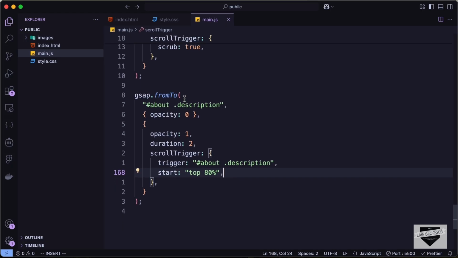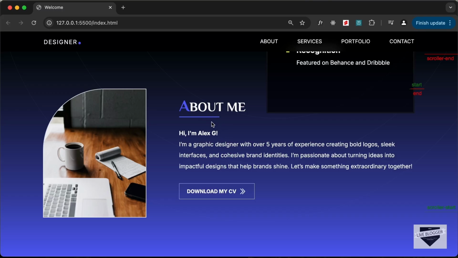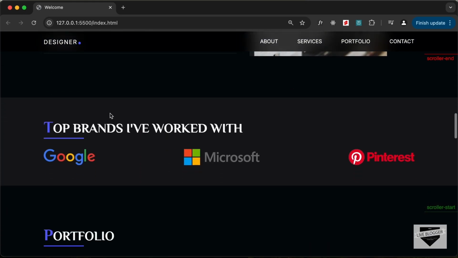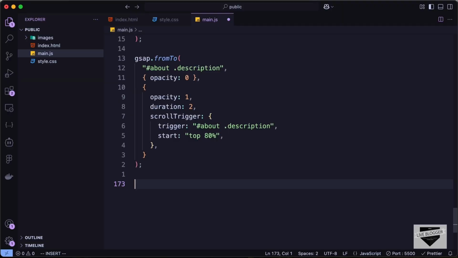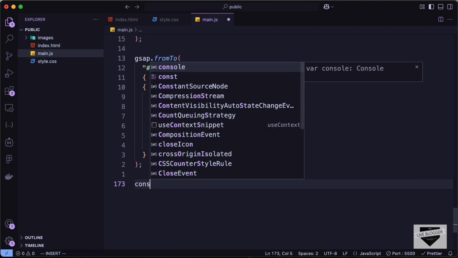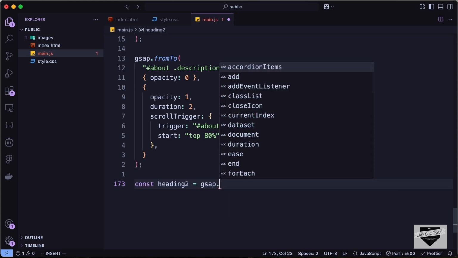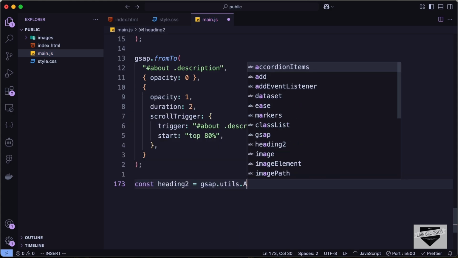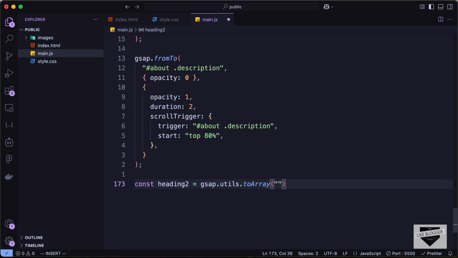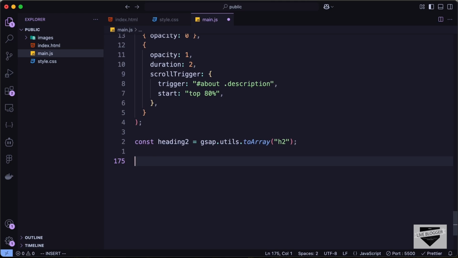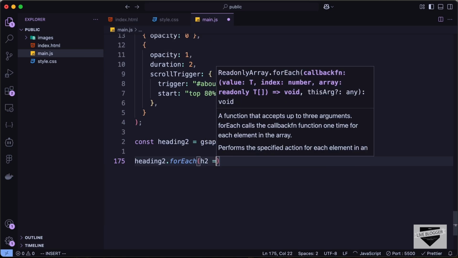So now let's go ahead and target all the headings. So for all these H2s we need to have a specific animation. Now in GSAP we have an option to select multiple elements. So let's create a const and call it heading 2, and let's type GSAP, and you need to type utils dot to array, and here we can just mention the selector of the element. So let's type H2, and here let's target all the H2s. So here let's loop through all the H2s which we are storing inside heading 2. So let's type heading 2 dot for each, and for each of the H2s I'll just call it H2, and